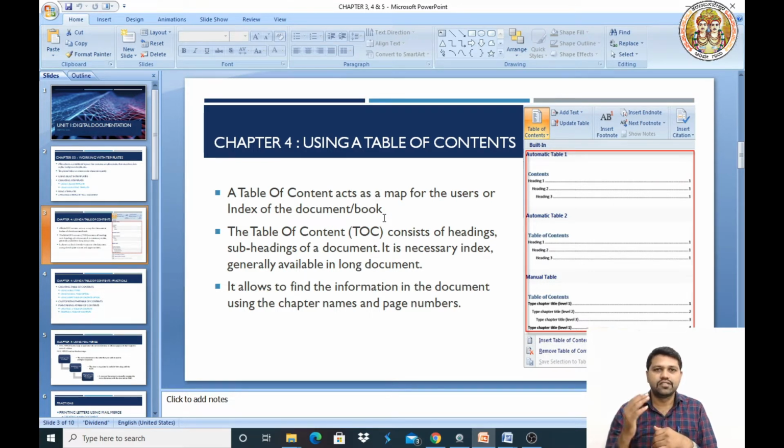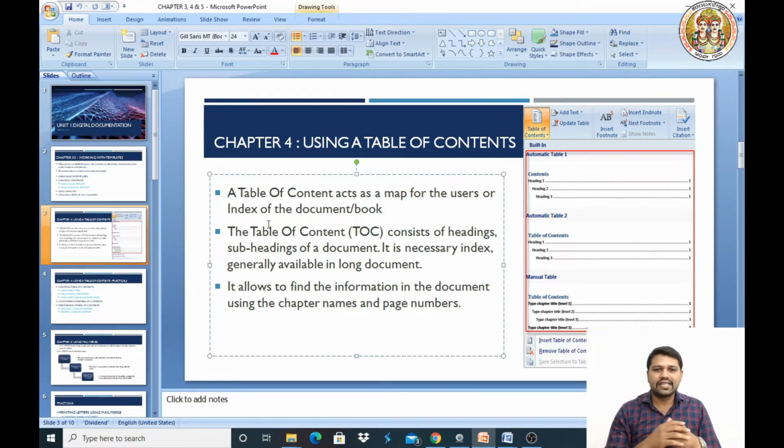For creating such a document we can use this option, table of contents. This will be helpful when you are creating a long document. To use this option we have to apply styles to your headings. With the help of that we can create such an index. Let us see how to create it, and before that just go through these points.